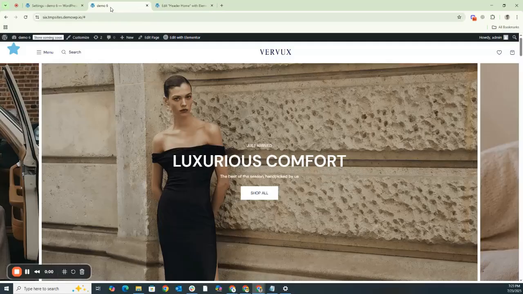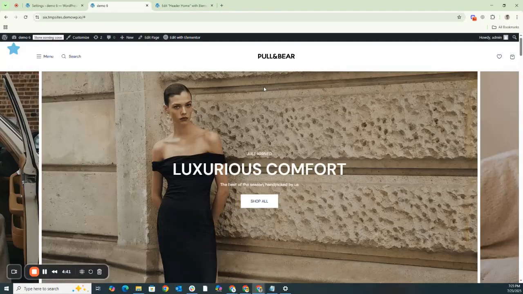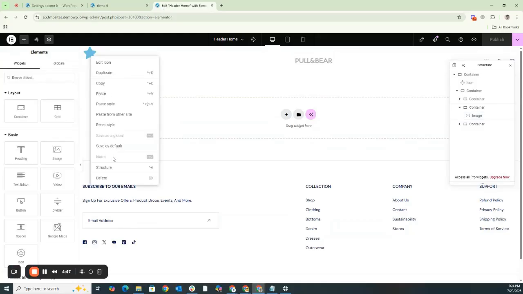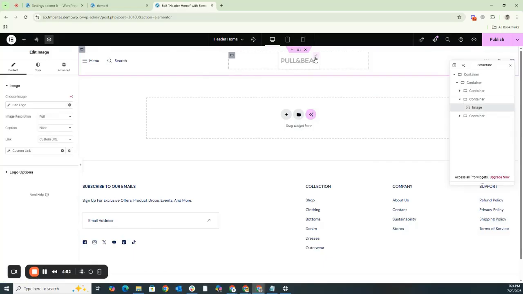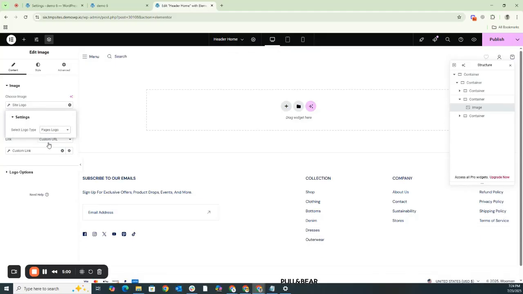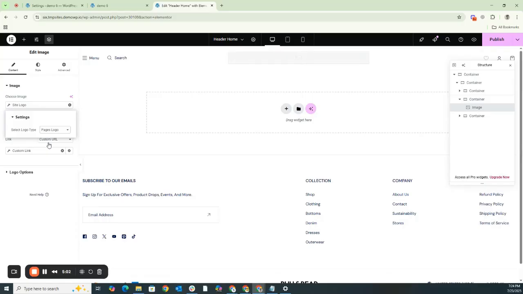If you don't save your settings and directly go and refresh your home page, you will still see that the system has automatically fetched the logo you changed from the back end. You can clearly see this additional icon appearing right here. Let's remove it completely. And just like that, right now you have selected the homepage logo. If you click on this custom link, then the homepage logo you fetched will appear. Now, if you want to fetch the pages logo, then on the pages logo, the same old logo is visible. That same one is applied. We will save our settings.